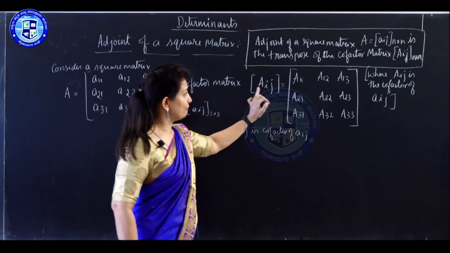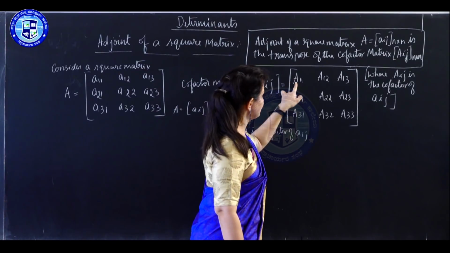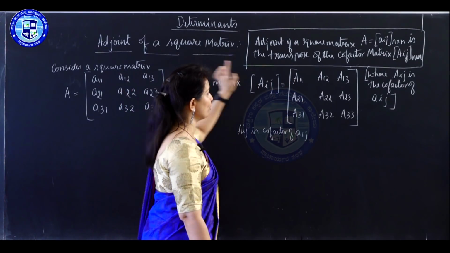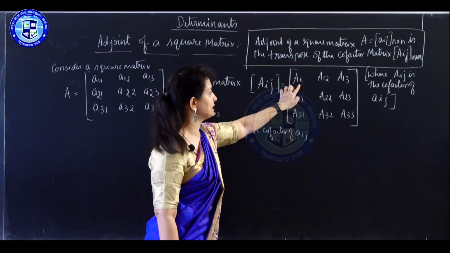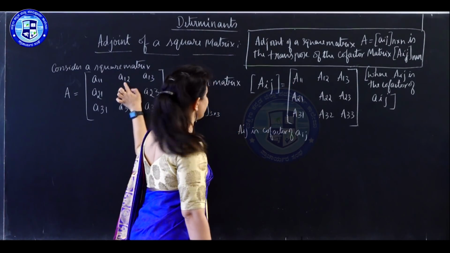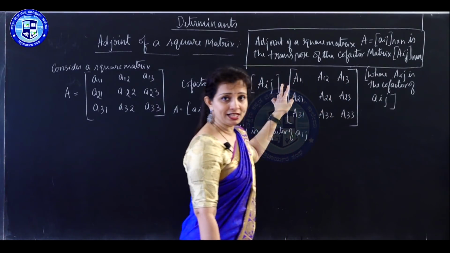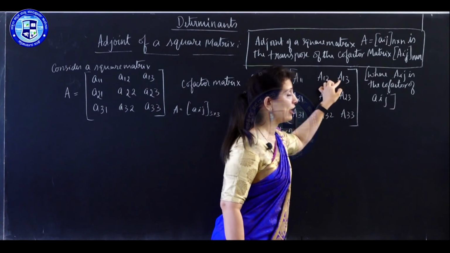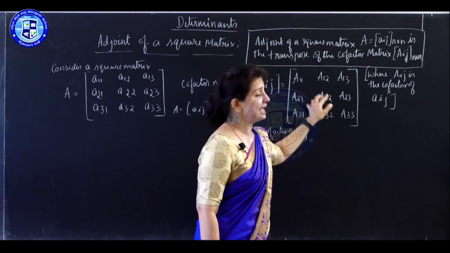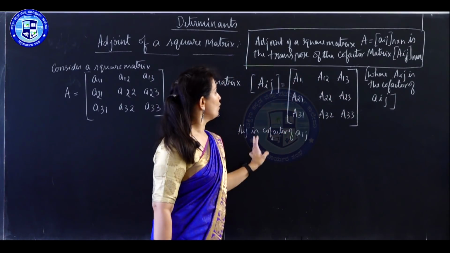So the cofactor matrix is nothing but, here, the cofactor of a11 is denoted by block letter A11. The next element is a12, the cofactor is A12, then A13. So in place of the elements, if you write the cofactors of each element, then that matrix is called